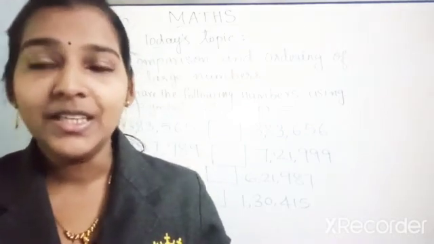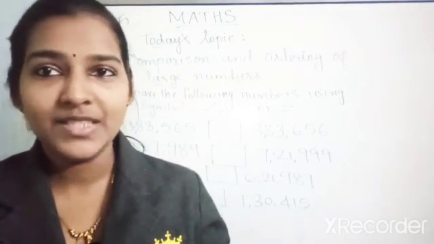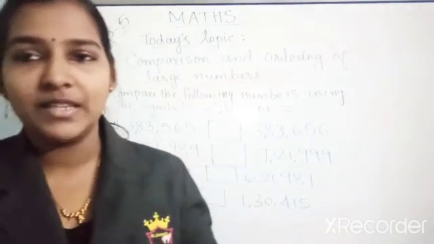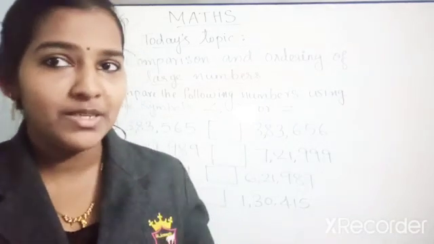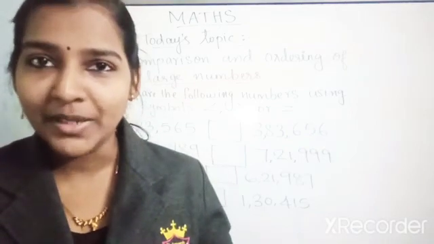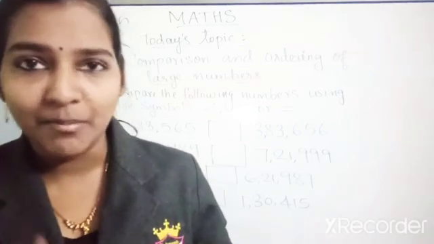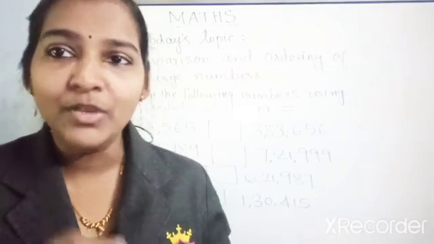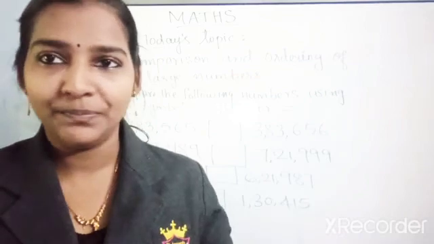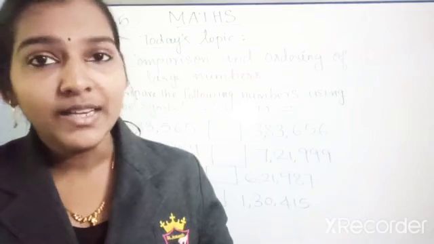So children, we learned what comparison is and how to compare two numbers, isn't it? So let's revise that once again. If two numbers are given to compare, and one number is a 2-digit number and the other is a 3-digit number, then how can we compare? Yes, you count the number of digits in each number, and the number which has fewer digits is the lesser or smaller number.